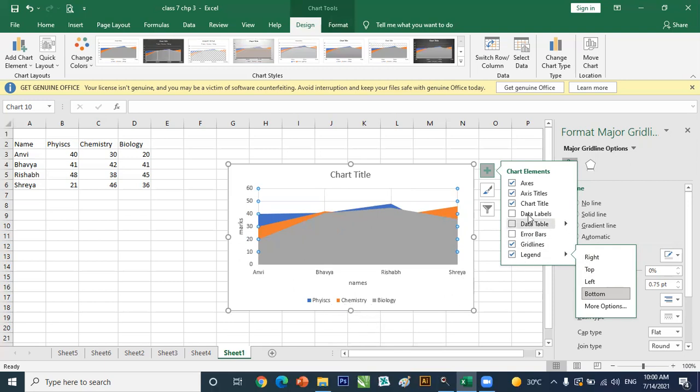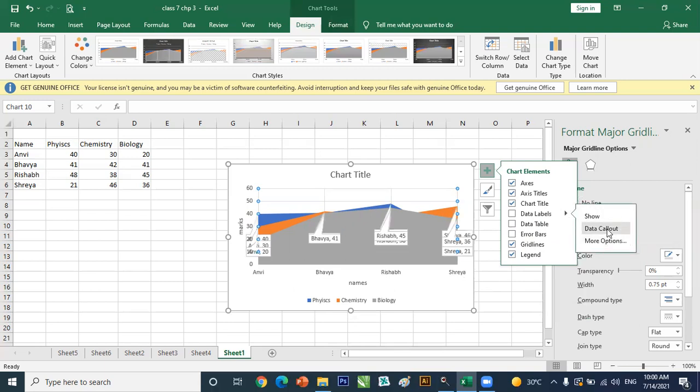The next one is data labels. The data labels, that means how can you display the value of each column of the chart. If you want to go for any of these, then we have to choose the data layout. This is called as the data callout. Then show the data items which is appearing here is called as the show.